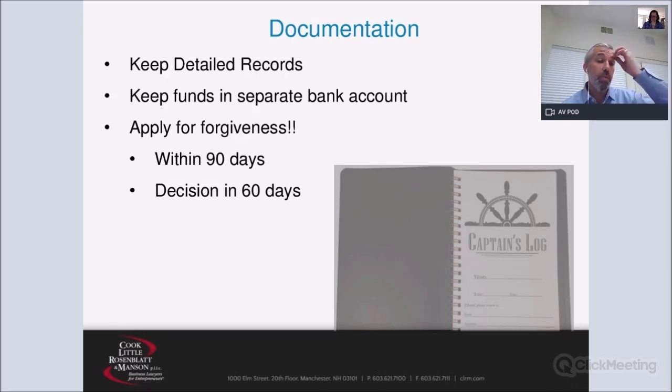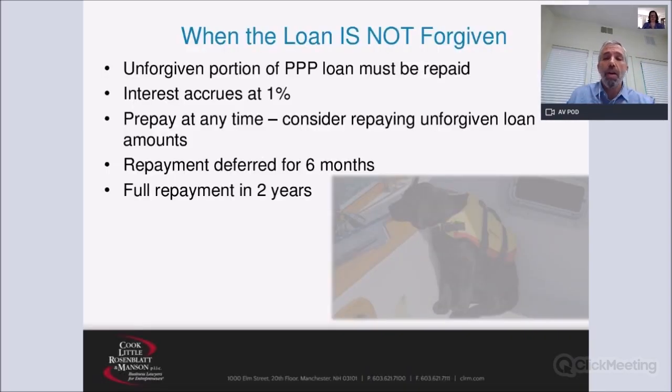So just to wrap up the discussion on the PPP loan, as Helen was describing, any amount that's not forgiven, it's still not terrible, right? I mean, it has very good loan repayment terms. Repayment is deferred for 6 months, so you don't have to pay any amount back for 6 months. Full repayment's not due for 2 years, so it's a very favorable loan, and you can prepay it whenever you want.